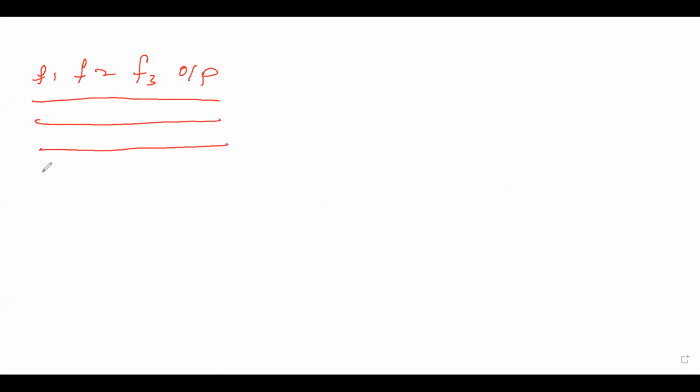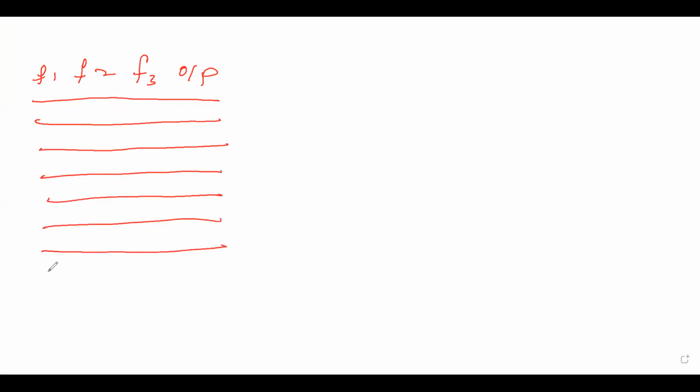Let us consider one example. Suppose we have features F1, F2, F3, and one output. Suppose we have 7 records here: 1, 2, 3, 4, 5, 6, 7.